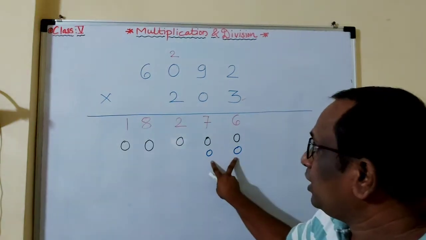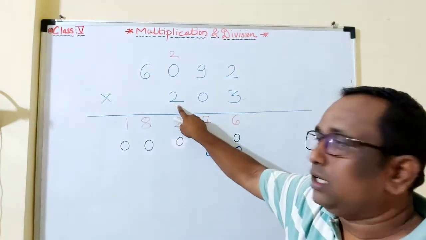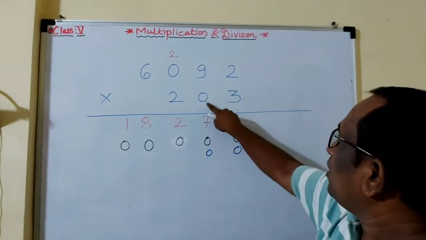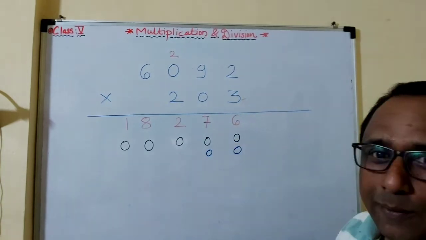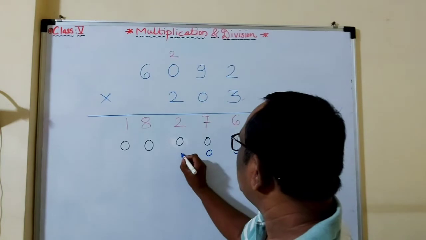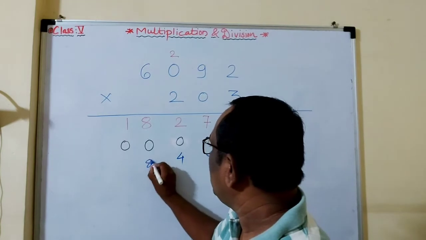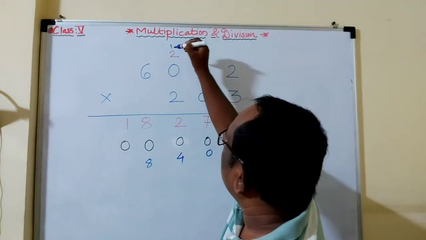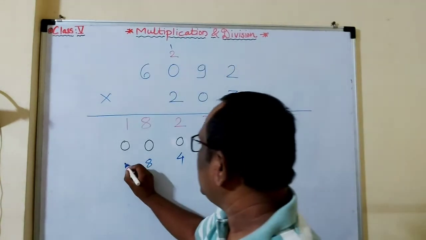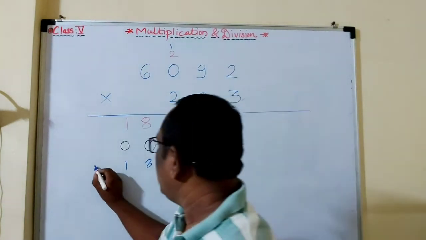Okay, why I give here 0? Because here 2 we are going to multiply by 100 place. Here at the 100 place there is 2, so here 2 zeros. Here we are multiplying by 10 place, so 1 zero. Okay, now 2 2s are 4. Then 2 9s are 18. Okay, just one carry over. Then 2 zeros are 0, that one as it is. Now 6 2s are 12.